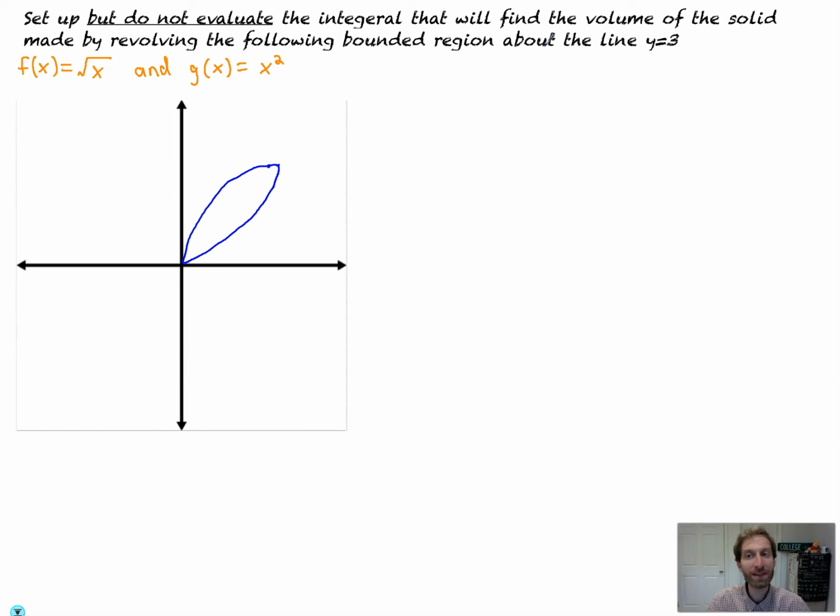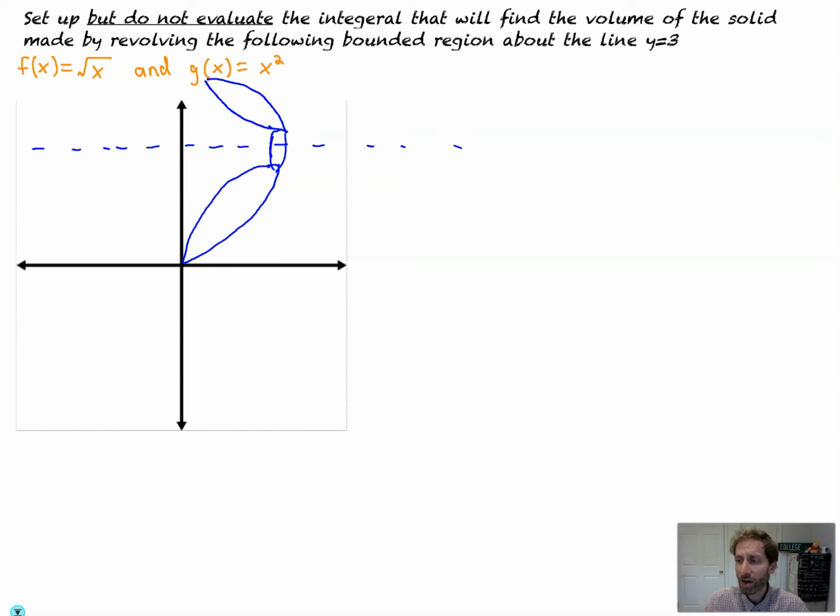Root x and x squared, but this time we're revolving it about the line y equals 3. Well, that's interesting. Oh, that's way up here. You know what? I'm going to put it a little bit closer just so that we can show a little bit of rotation. So let's say that y equals 3 is like right there. Okay, so when you revolve that, you're going to get something roughly like that. It's not perfect to scale, obviously, but you're going to get this rotation happening here, and you see this gap